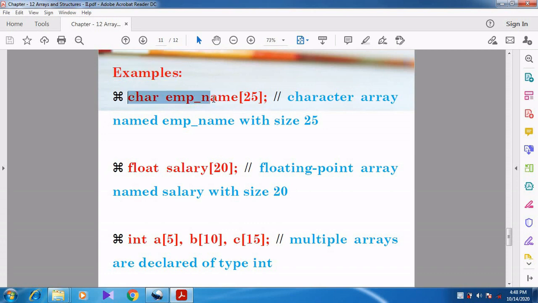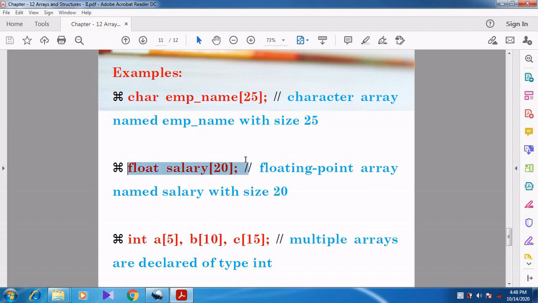Can you understand, students? Now see some examples of one-dimensional arrays. Character emp underscore name of 25. It represents a character array. The name of the array is emp underscore name, that is employee name, and its size is 25, specified in square brackets.